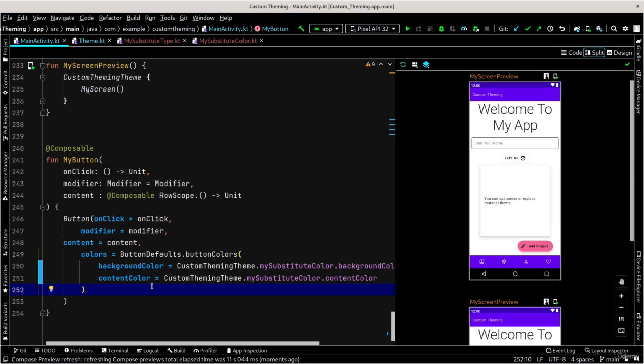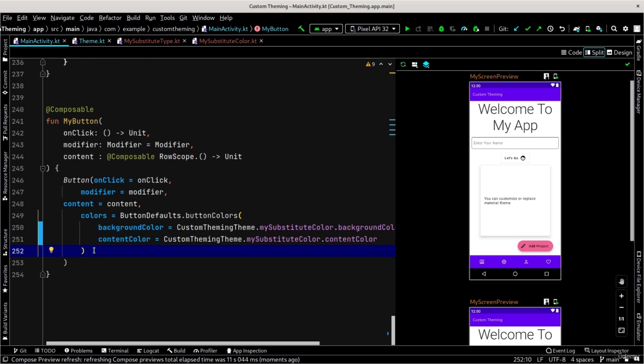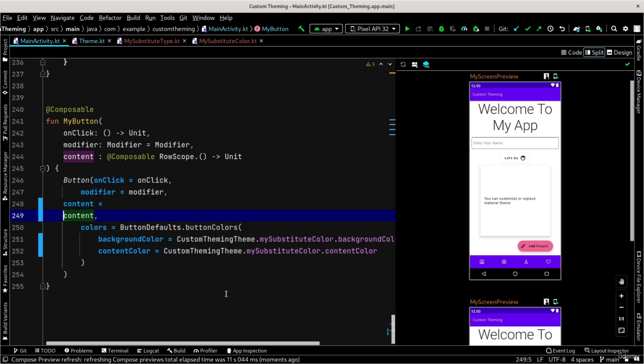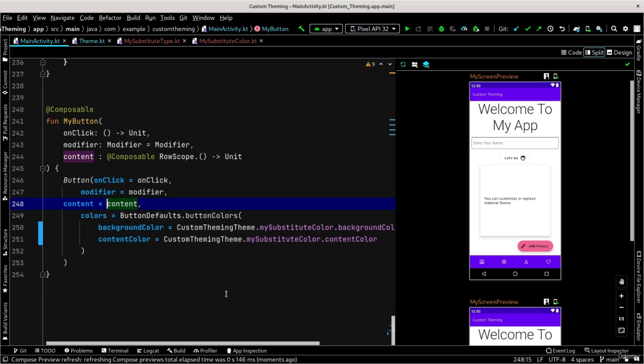You have to use provider functions, and in this example here for our My Button, we are not yet doing it. In order to do it, we need to find the content part, and it's this parameter, and then we need to wrap our content inside a lambda like this,